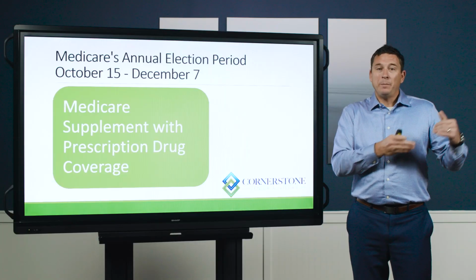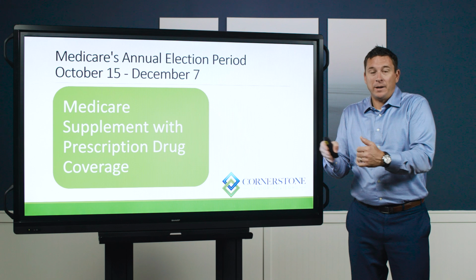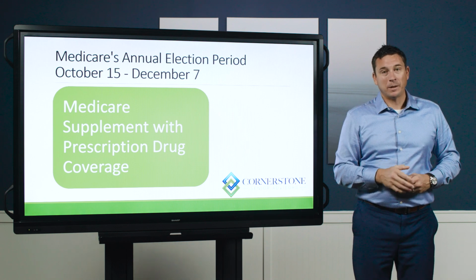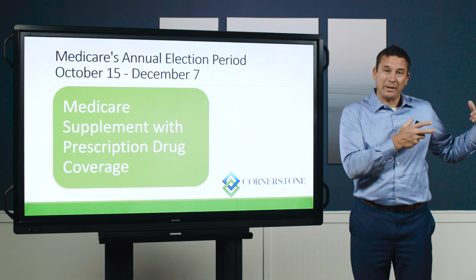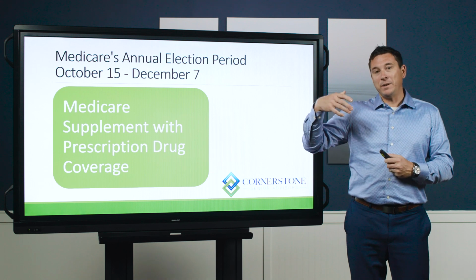Now, it is a good time for you to review how much you are paying for that Medicare Supplement plan and what other companies offer that Medicare Supplement plan, because you may be able to get that Plan F or that Plan G and cut your annual cost down by $500 or more. That's something that we can review because all of these plans are standardized. We've got videos again on these supplemental plans. You can watch those to understand the standardization of these supplemental plans.